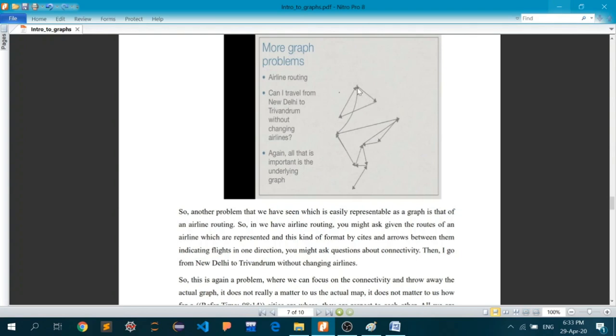Okay, so we have a flight, let's say if this is Mumbai, from New Delhi to Mumbai, and if this is Ahmedabad, I can see that there is no direct flight from Ahmedabad to Mumbai. So if I have to go from Ahmedabad to Mumbai, I have to go first to Delhi and then travel back to Mumbai. So this kind of relationship between the airports is depicted with the help of graphs.